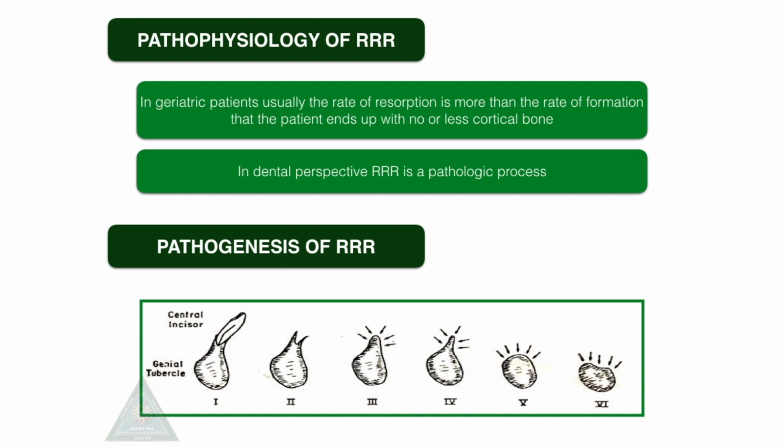Pathogenesis of RRR was proposed by Atwood in 1971. According to him, there is order 1, which is pre-extraction. Immediately following the extraction, any sharp edges remaining are rounded off by external osteoclastic resorption, leaving a high well-rounded ridge, that is order 3. As resorption continues from the labial and lingual aspect, the crest of the ridge becomes increasingly narrow, ultimately becoming knife edge, and that is order 4. As the process continues, the knife edge becomes shorter and eventually disappears, leaving a well-rounded or a flat ridge, order 5. Eventually, this too resolves, leaving a depressed ridge, which he called order 6.